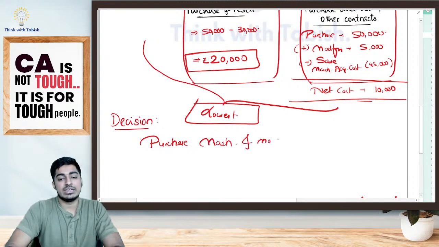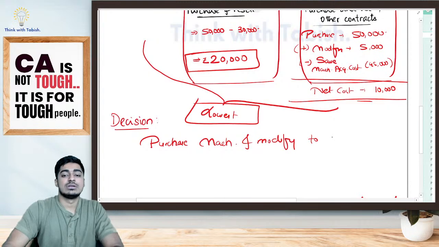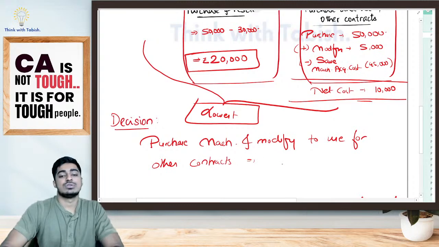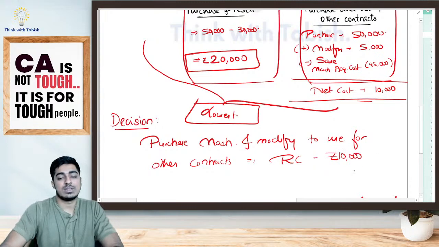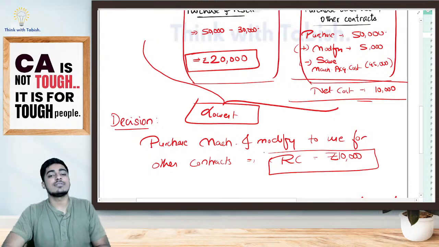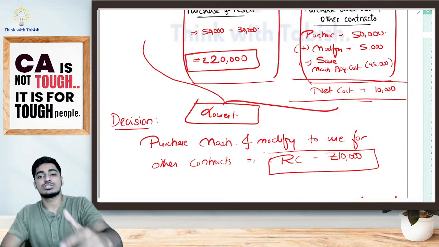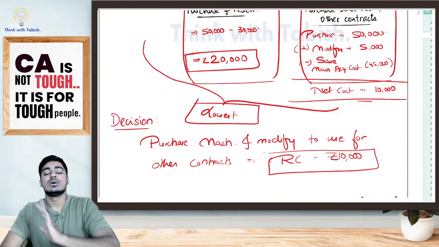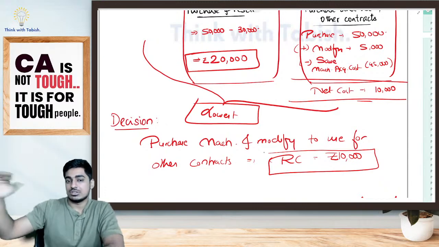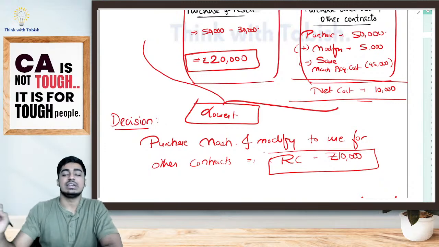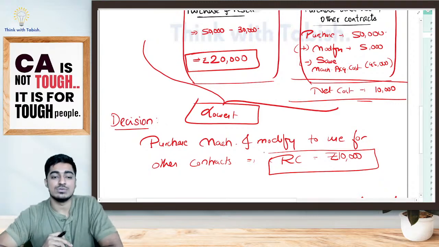and modify to use for other contracts. So the relevant cost is going to be 10,000. This is one way in which you can write the answer, or the other way: relevant cost is the lower of the 3, higher charges, net cost of purchase, net cost incurred while using it for other contract, 15,000, 20,000, 10,000, lowest of the 3, relevant cost is 10,000, when we purchase and modify to use it for other